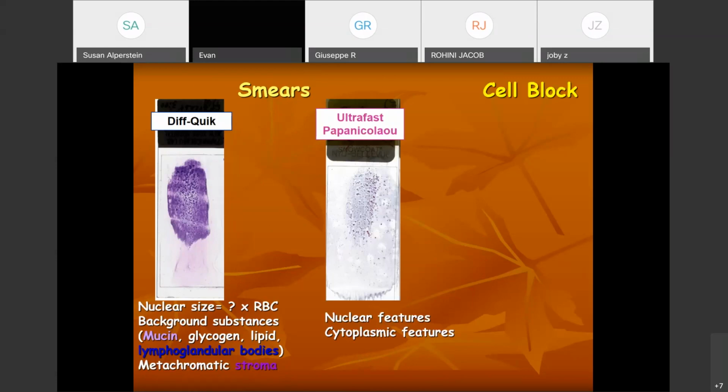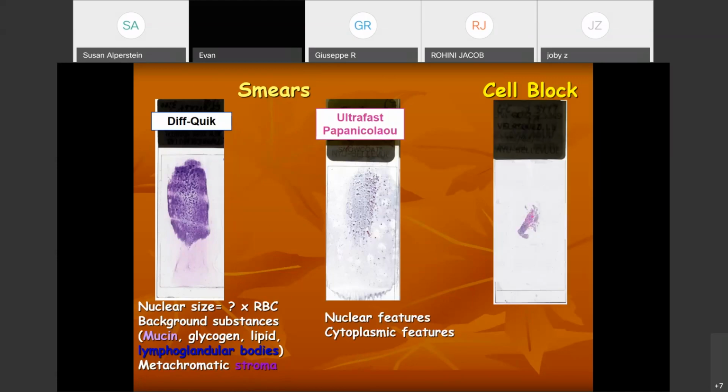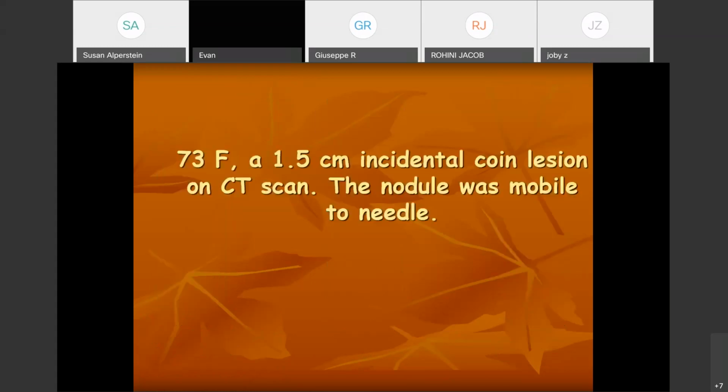And then cell block. All the deep FNA always use a cell block. And cell block, I use it for histology and immunostain. And so here's a first case,